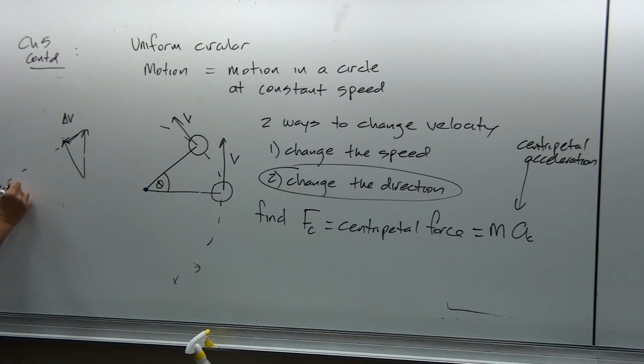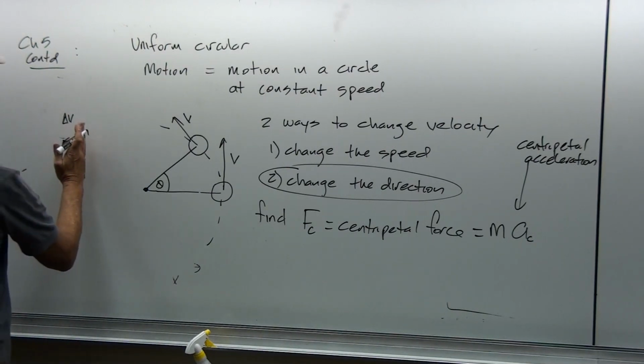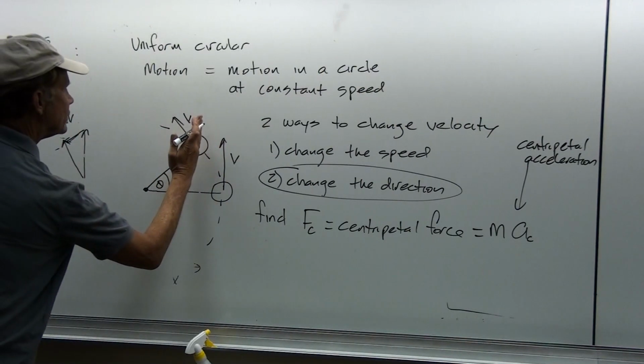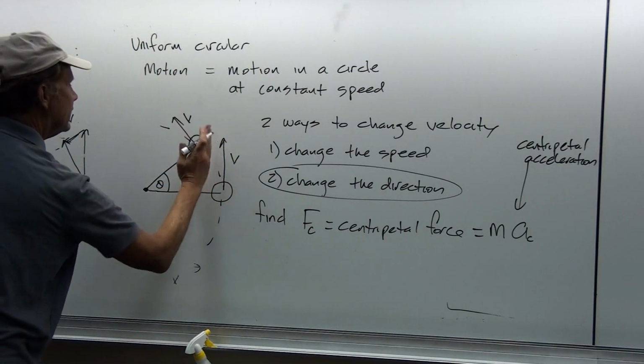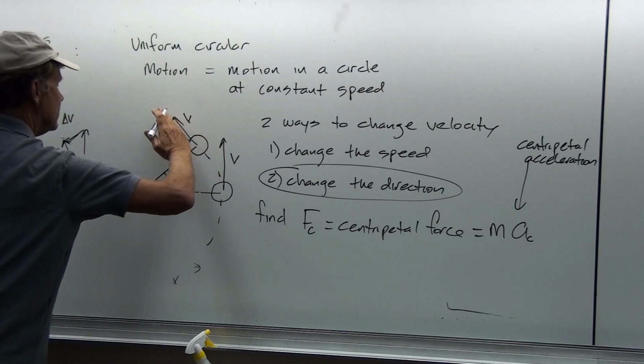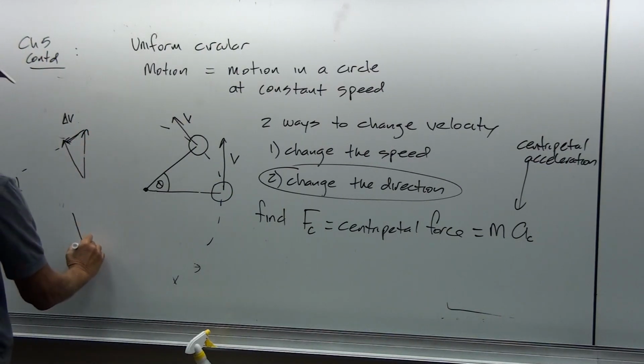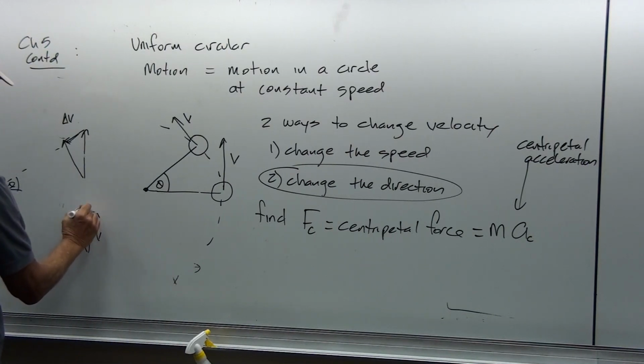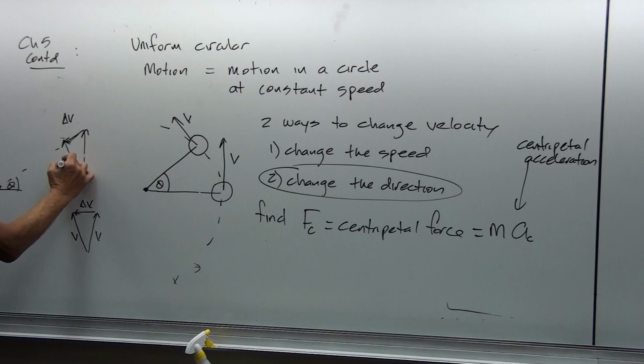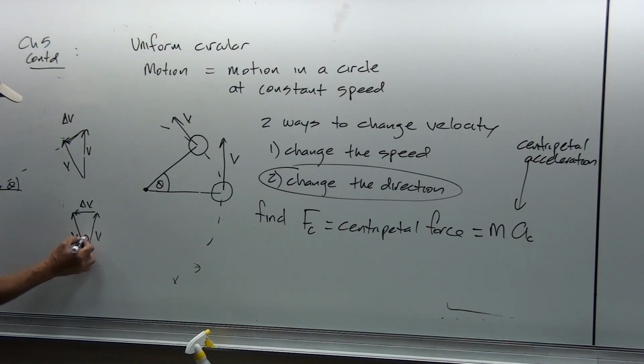If this angle is theta, and this is a tangent to the surface that rotates to be in this tangent, then it must have rotated through that same angle theta. So basically what we've got here is an isosceles triangle that looks like v, v, and delta v. This is delta v, this is v final, this is v initial, and this angle here is theta.